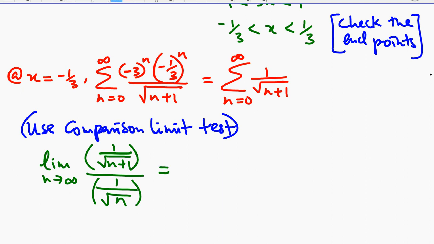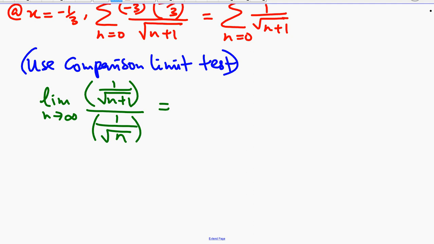And why did I choose this, the denominator? Because I know that it diverges by p-series test, right? It diverges by p-series test. So what you're going to do is find the limit of this expression,